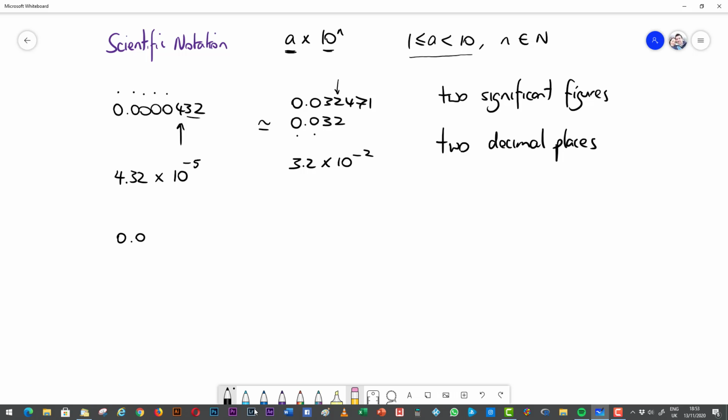So 0.00000057634. This time we need to round to 2 decimal places, but we know that the 5 is going to be the first digit. So I actually need 2 more digits after the 5. So if we round this off, we have